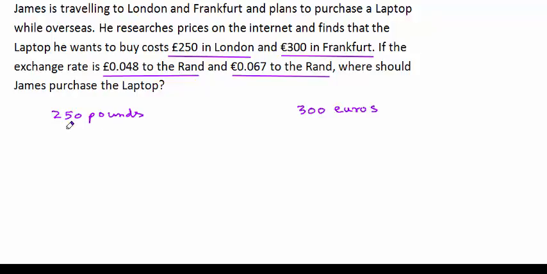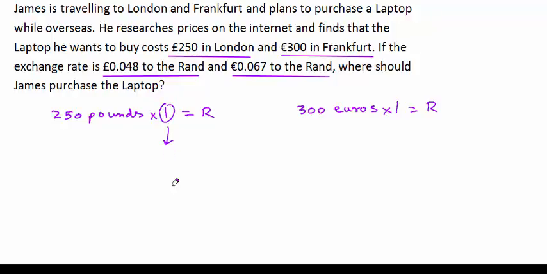Now look what I'm going to do. I'm going to multiply both of these with 1. I can do that, right? 250 pounds is nothing but 250 pounds times 1. And 300 euros is 300 euros times 1. Keep in mind, we need the answer as a certain number of rand on both sides, so that we could compare. So in the next step, I'm going to replace this 1